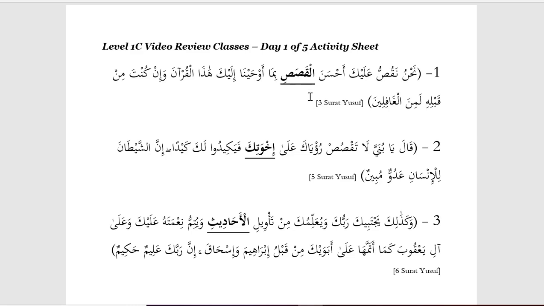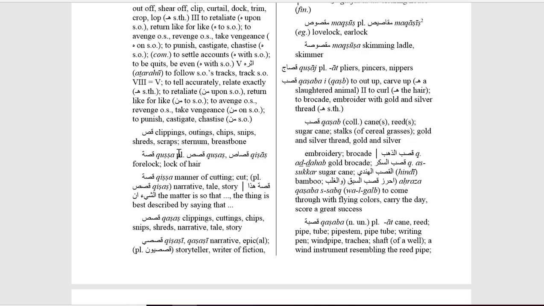Okay, the first one that we had was al-qasas, and we saw that al-qasas was a bit weird, because even though it was the plural, and even though we claimed it to be the plural of qissa, we didn't see it under there in the Hans Wehr Dictionary. So I'm just going to go back to the Hans Wehr Dictionary for a moment. And so we saw qasas here by itself.